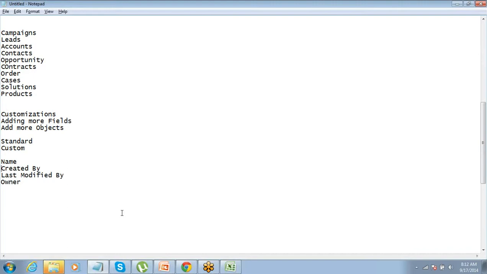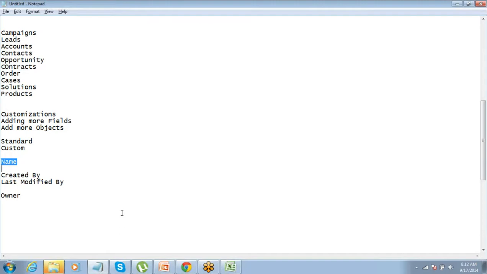Out of these 4, these 3 fields are system generated. The name you can edit, owner you can edit, but created by and last modified by you cannot even edit. These fields track who created the record and who modified it last. Let's say you have created an account and someone makes a big blunder there, you always have to do an audit and understand who was the user who made the change. For that reason, these 2 fields are there.